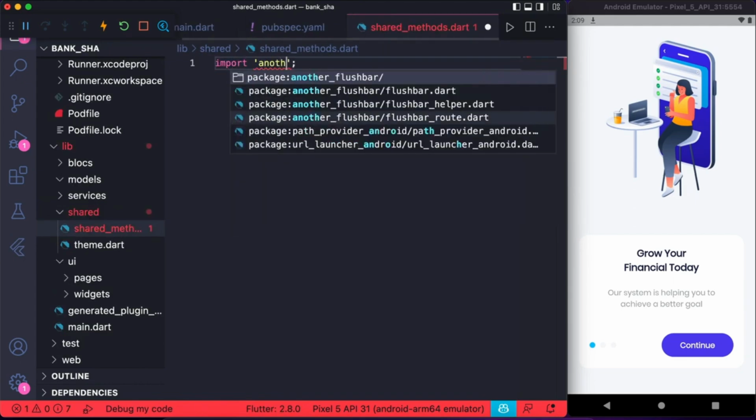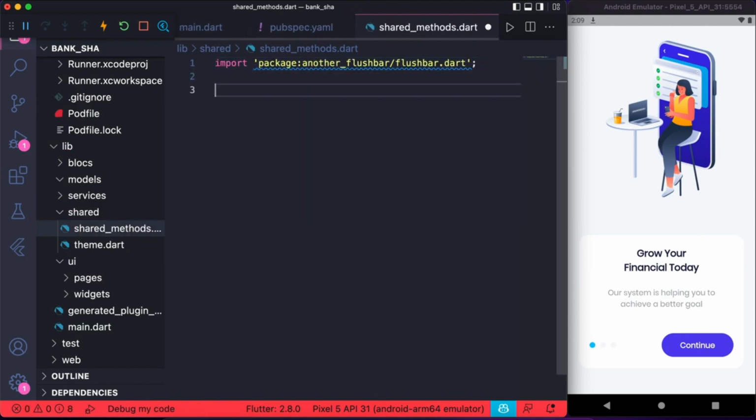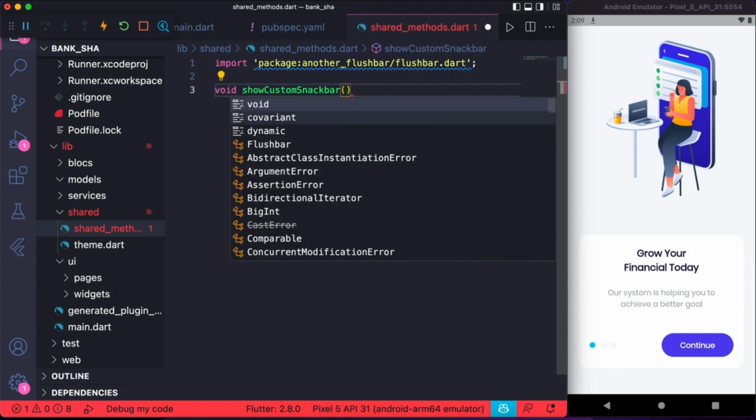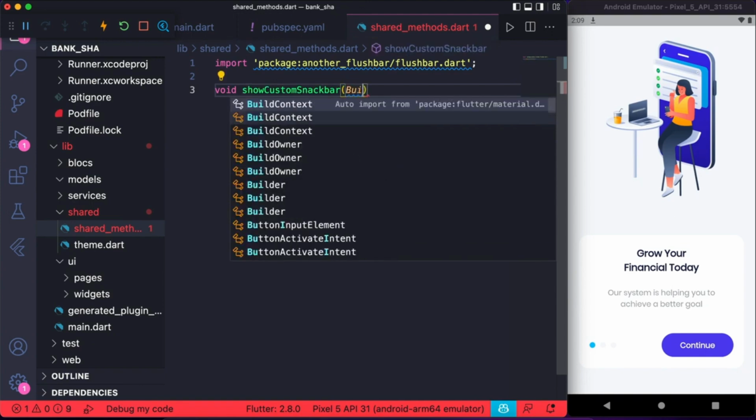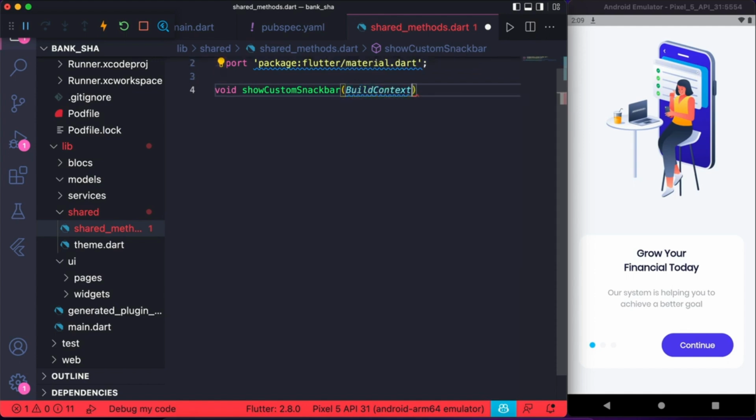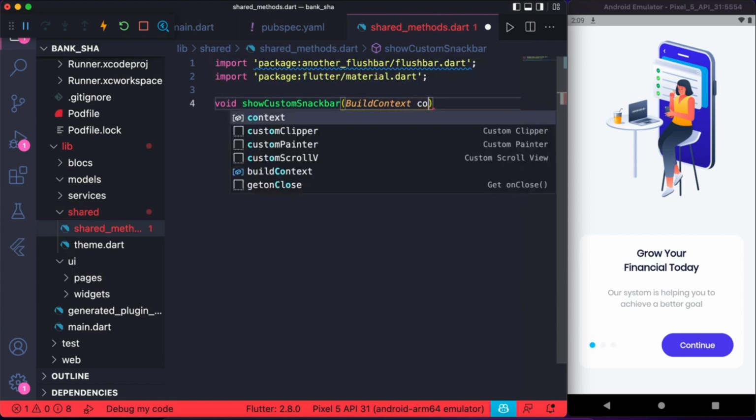Now we can create a new file in the utils section. In this file, we can also add methods or values that we can reuse. For example, the name is snackbar_helper.dart.